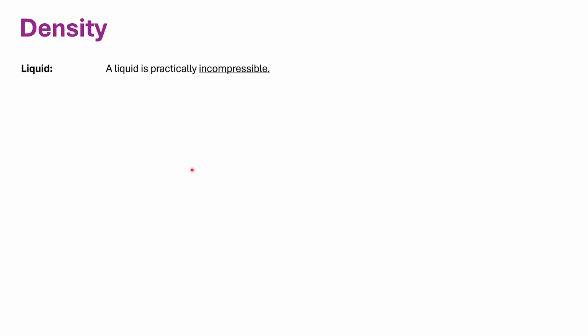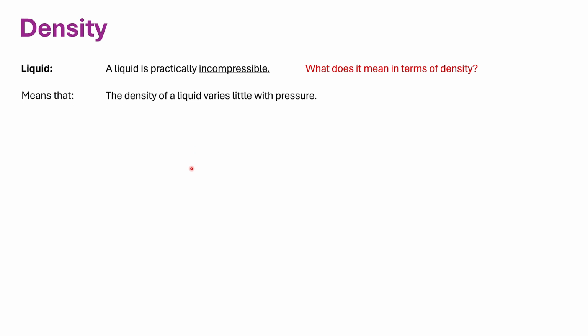A liquid is practically incompressible. So what does it mean in terms of density? It means that the density of a liquid varies little with pressure. So as pressure increases or decreases, the density of a liquid does not change much. However, it has a slight but greater variation with temperature, which means that temperature has a little bit more impact